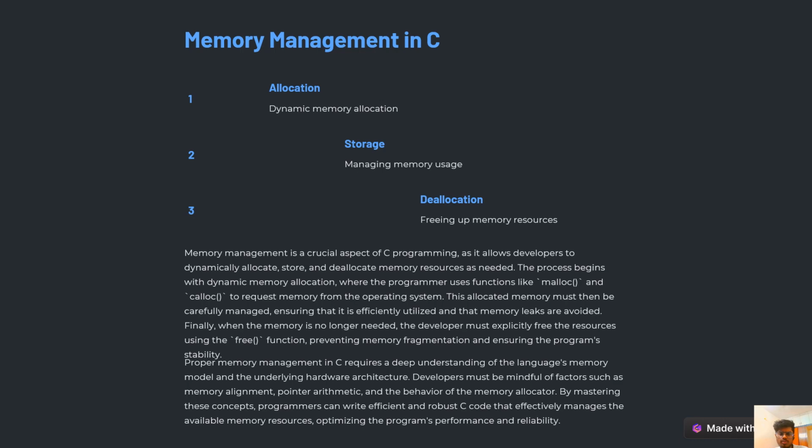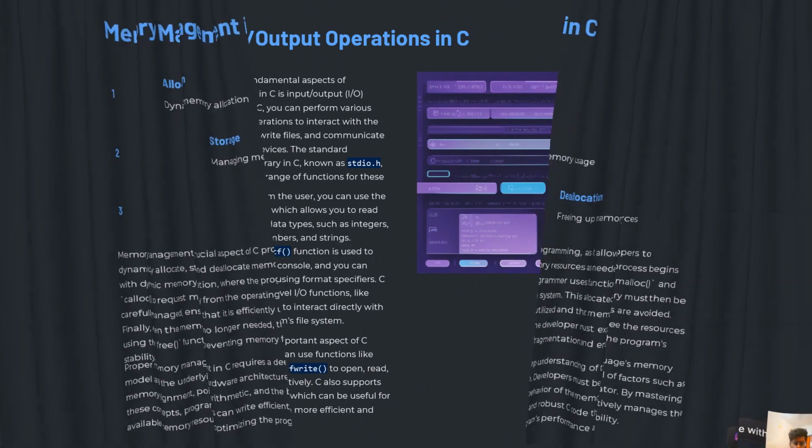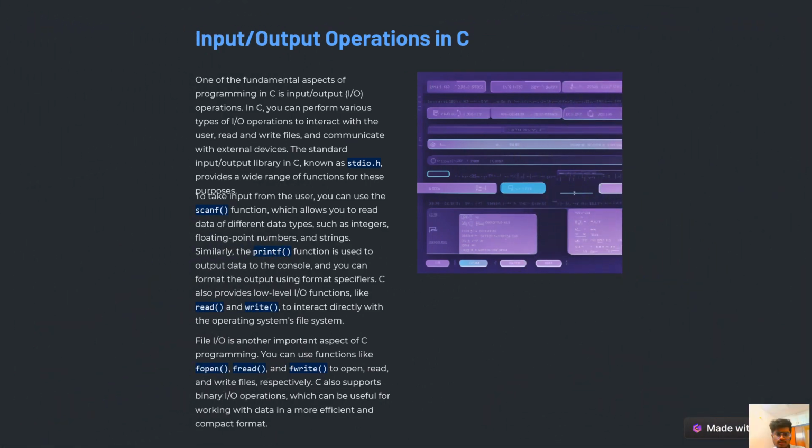Input and output operations in C. One of the fundamental aspects of programming in C is input and output operations. In C, we can perform various types of input-output operations to interact with the user, read and write files, and communicate with external devices. The standard input-output library in C, known as stdio.h, provides a wide range of functions for